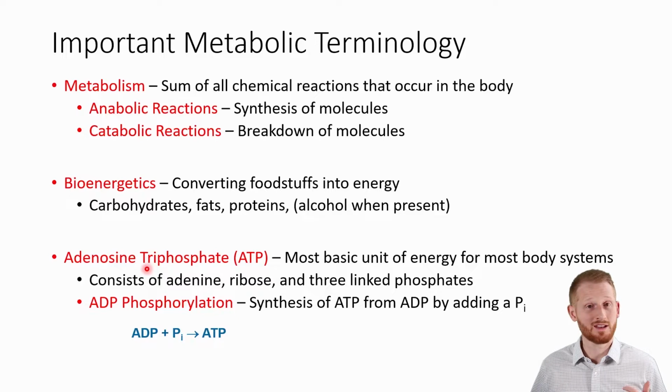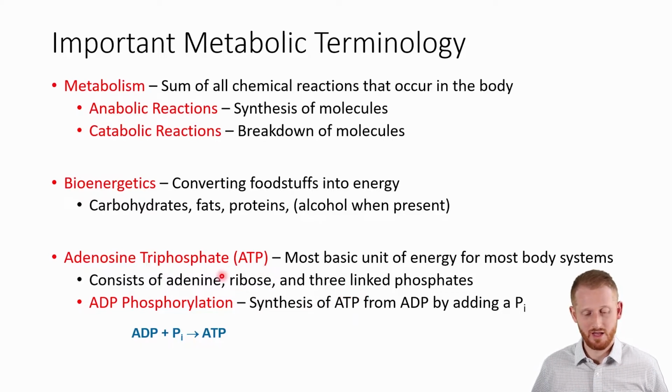So when I talk about energy, what I'm actually talking about is a molecule called adenosine triphosphate, or ATP. And this is the basic unit of energy that the body uses. And it's the energy molecule that powers a lot of things in the body that we need, including exercise and muscle contractions and things like that. So ATP consists of an adenine molecule, a ribose molecule, and three linked phosphate molecules making up the TP part,